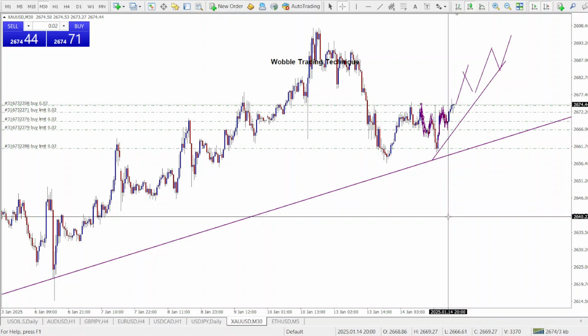I hope this gave you a clear understanding of the Wobble technique trading method and how it can help you